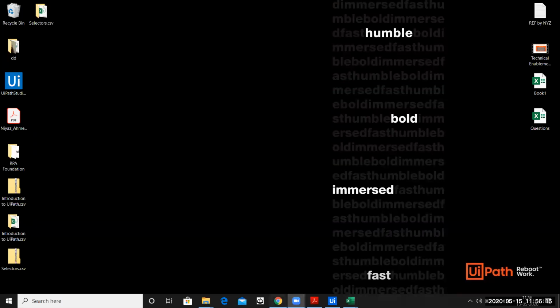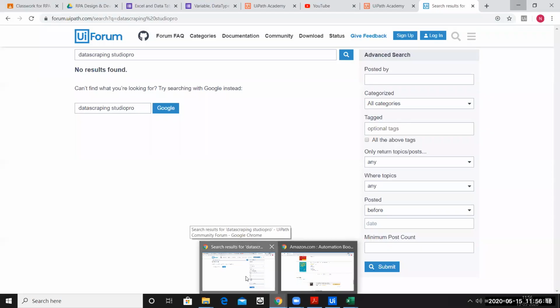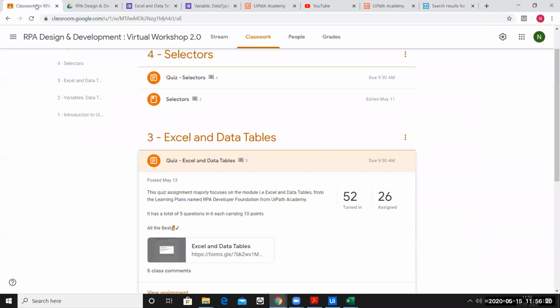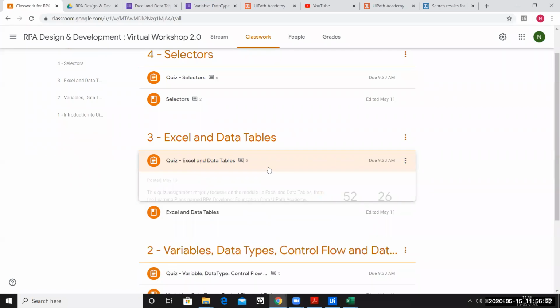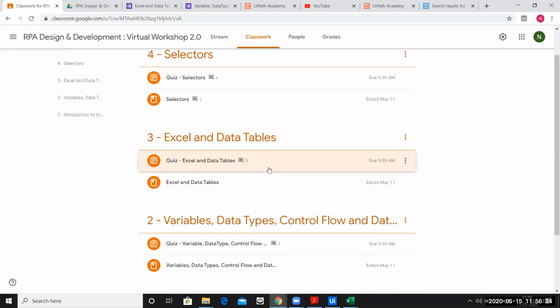Okay, so before ending this session, I'll briefly go over the Google Classroom assessment again. Ideally there are two kinds of assessment that can happen. One is the quiz assessment, or there could be one more assessment. Probably today or tomorrow there would be another assessment coming up, which would be creating a bot, as in you have to make a bot.